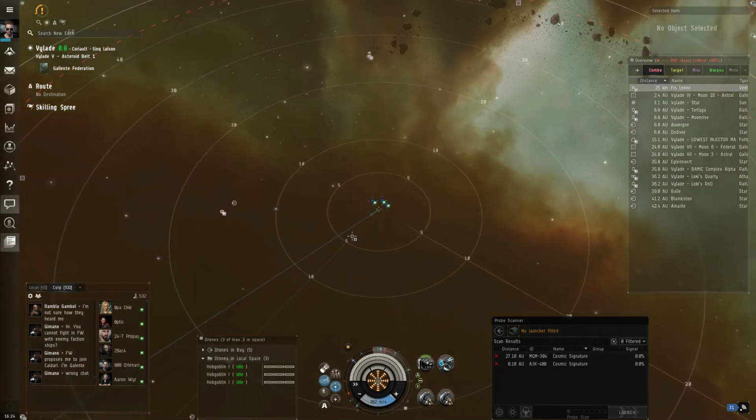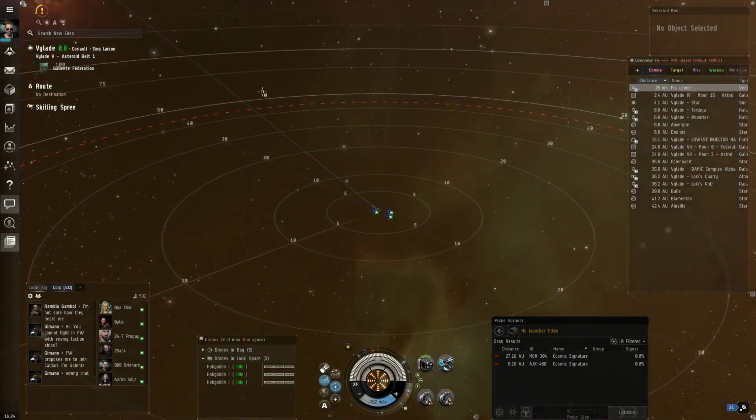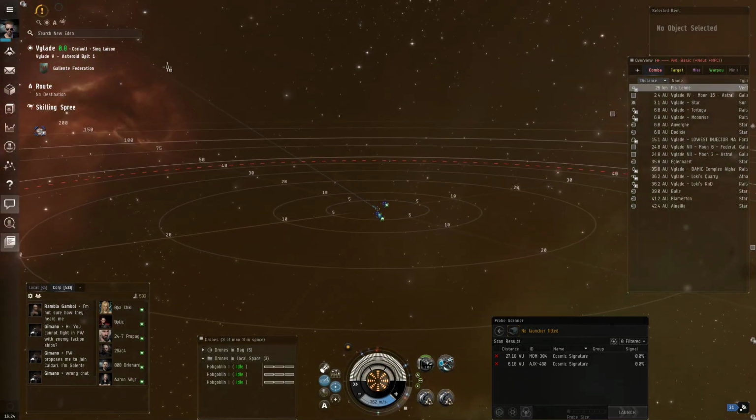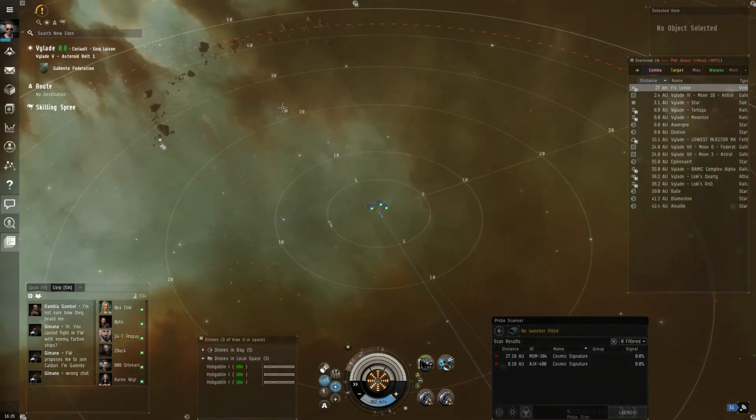Okay, that's useful. What's this blue line? This blue line is my destination. Well, I don't have a destination. I'm just moving in this direction. So we've got that. But let's say